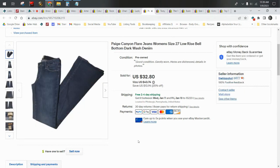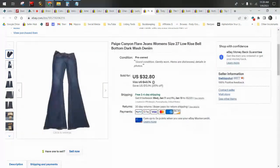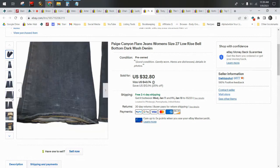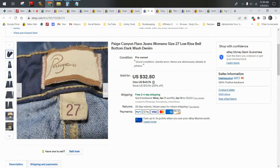Next up, we have Paige Canyon Flare jeans. I did take a best offer of $25 on these. I did have them starting at $35. They've been around for a while. We're trying to move out some of our older inventory, so we're accepting lower offers, which is completely different than